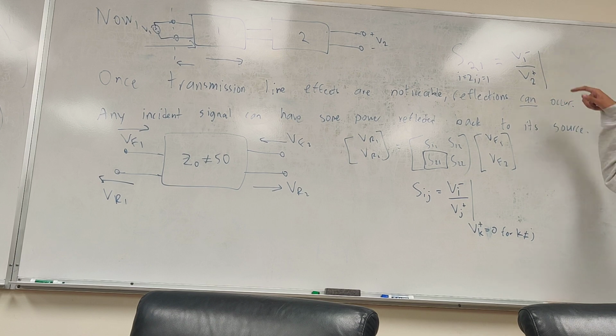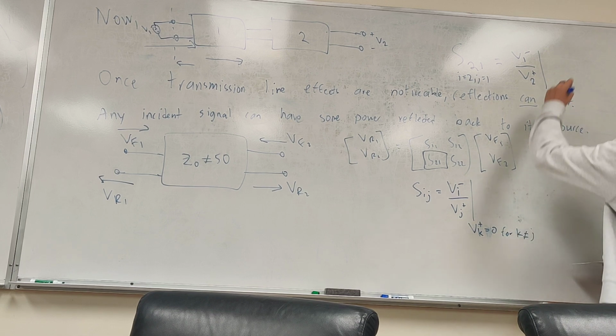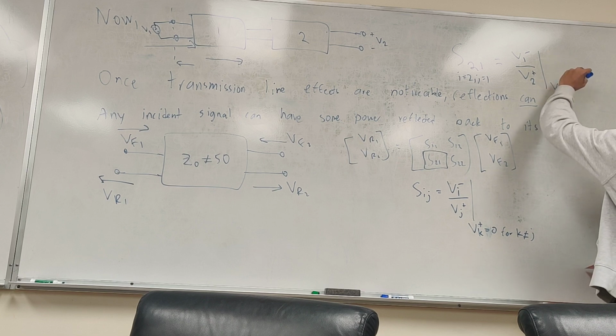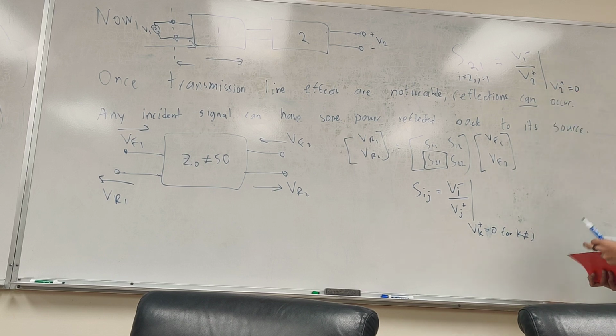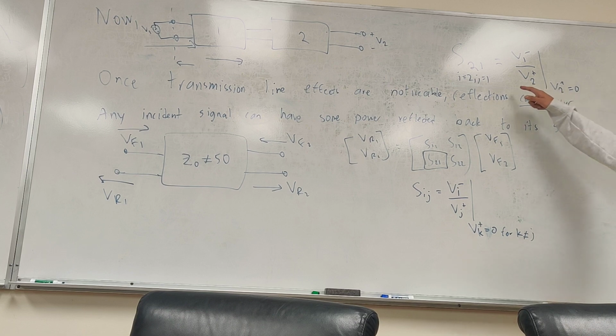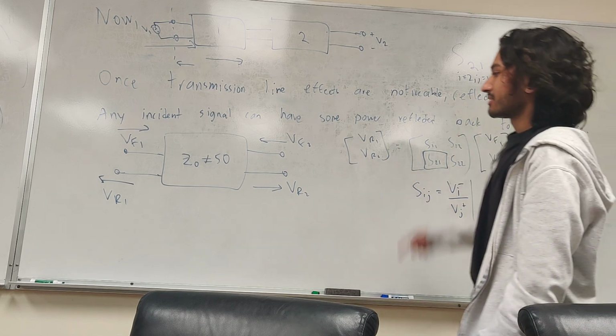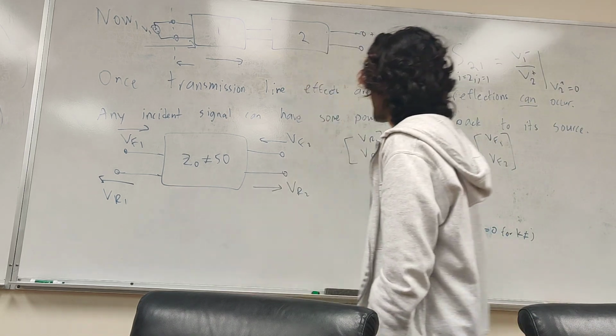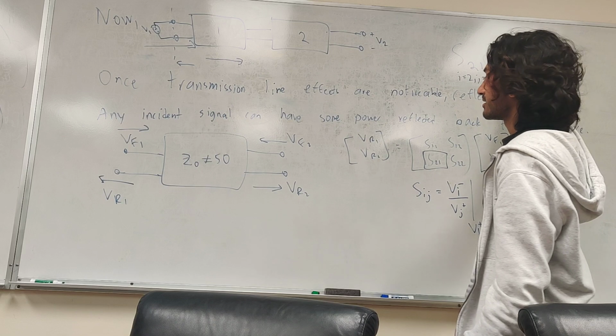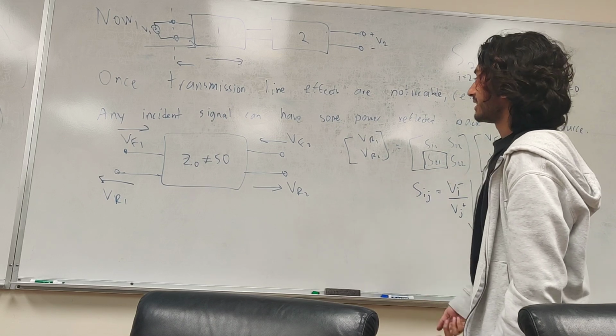That means k has to be 2, right? So now we say V2 plus is 0, right? And this makes sense, right? We want to figure out how much is being reflected and transmitted. V1 minus is this. V2 plus is whatever we're going to see